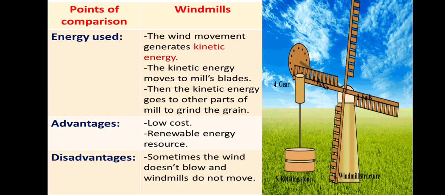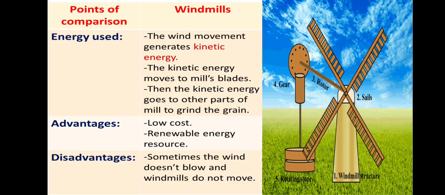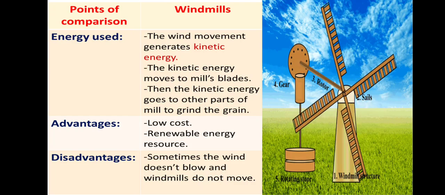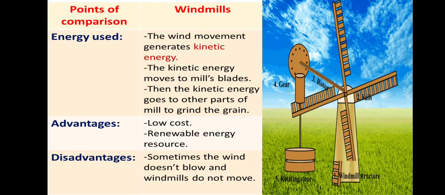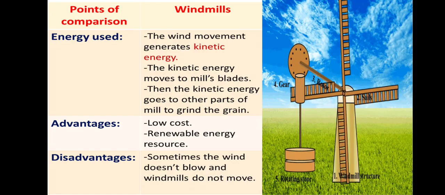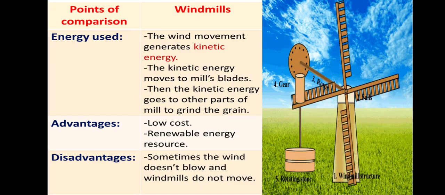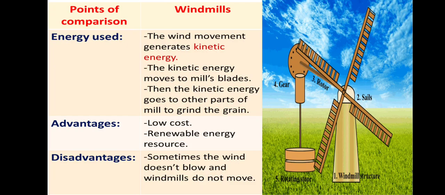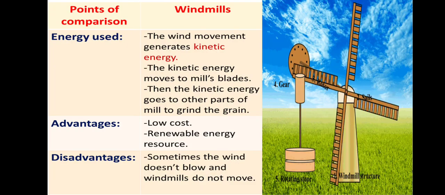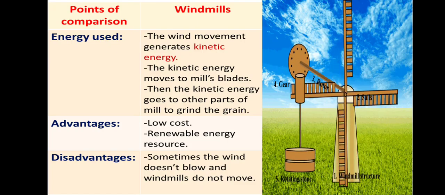And what are the disadvantages of the water and the windmills? The disadvantage of the windmills is sometimes the wind doesn't move. So when the wind doesn't move, it will make the windmill not move. And when the windmill doesn't move, it won't do its job. Okay, so the disadvantage of the windmills, sometimes the wind doesn't move. When the wind doesn't move, it will make the windmills not move. And when the windmills don't move, it will